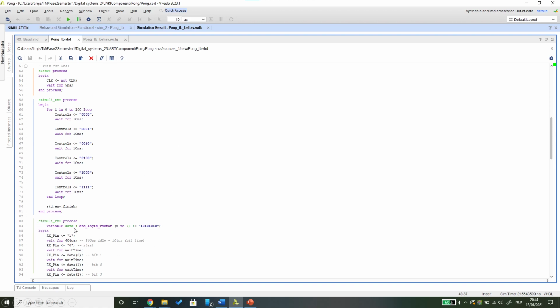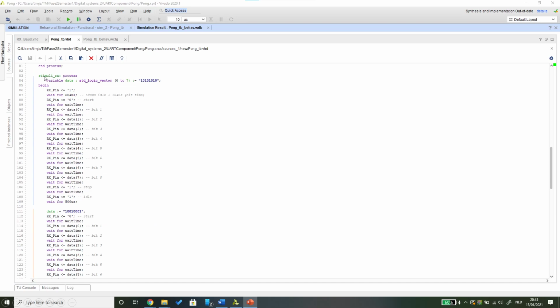Then we're going to look at the Stimuli RX. Stimuli RX has a data variable. This contains what we should get in. It is, for example, in this case, 101.1.1.1.0, and we can then dynamically change it throughout the process to simulate any signal that we want